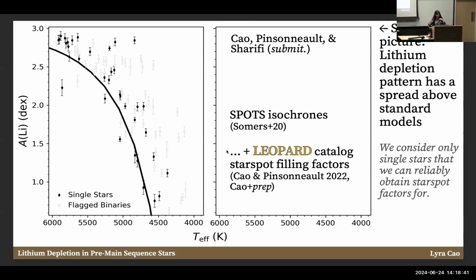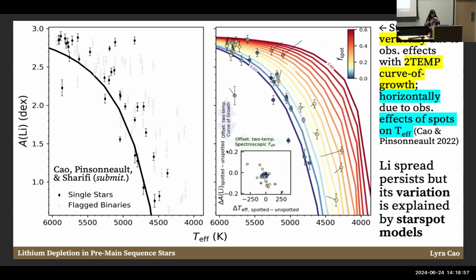And on the right-hand side, now I'm going to plot the spots isochrones. I'm going to color code them by the spot filling fraction predicted by theory. And then I'm going to overlay on them the star spot filling fractions colored for the abundance of lithium that we get from our observations. And so what you can see is that underlying we have a whole host of these star spot filling fractions predicted by theory. So we have the colors corresponding to the star spot filling fractions that we actually measured